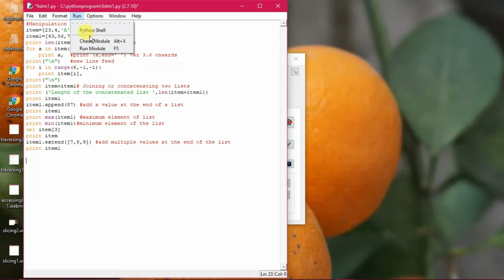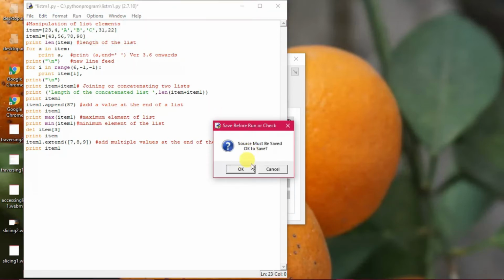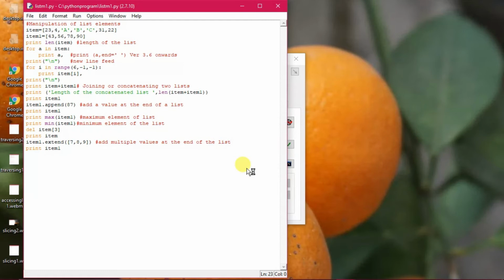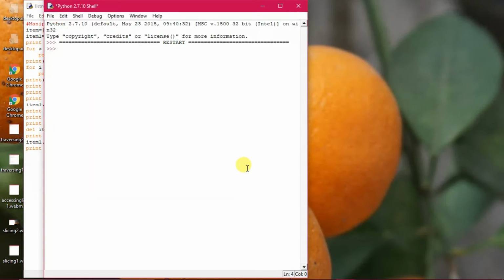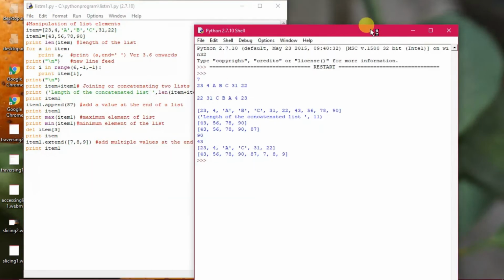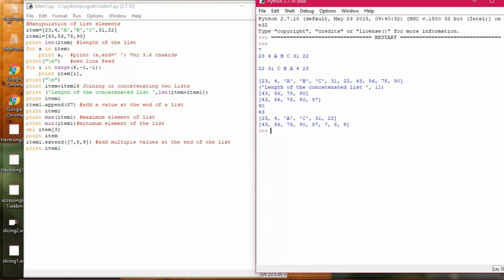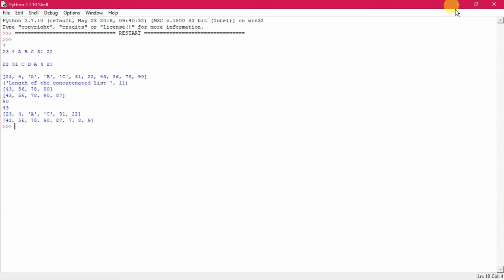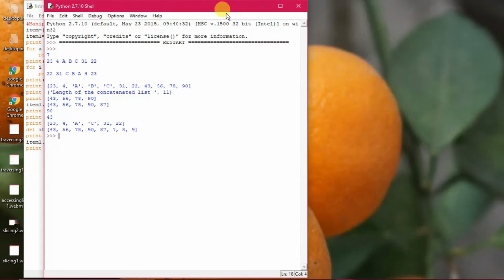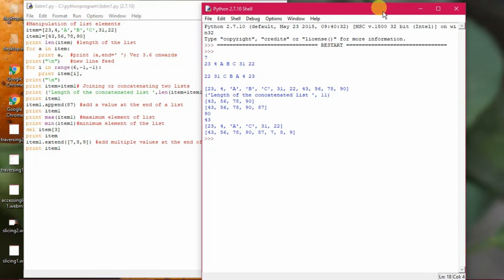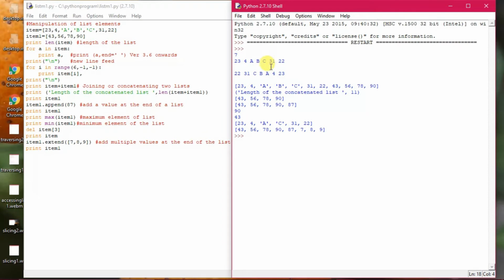Now let us judge the output once. So you will be able to understand it. Now executing the program, you see how it appears. The output has been generated here. Side by side you can keep it and analyze the output also. You see the length is 7: 1, 2, 3, 4, 5, 6, 7.